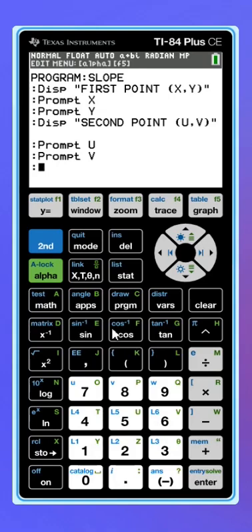We actually do the formula. So the slope is change in Y, so V minus the y coordinate, and then we're going to divide by this x2 minus x1, one more parenthesis, and then I'm going to store that to the variable m for slope,